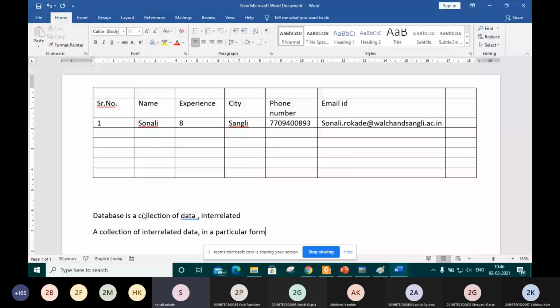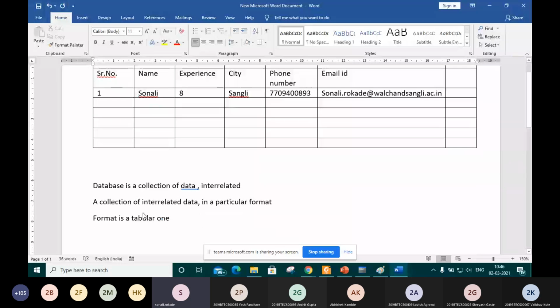So what is the format? The format is nothing but a tabular one. The tabular one means what? Which will include rows and columns.